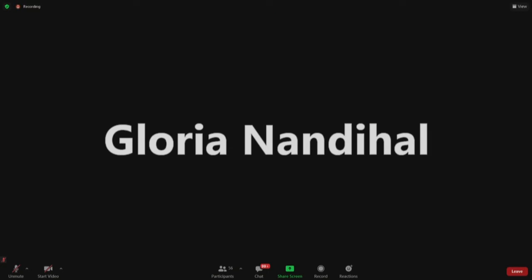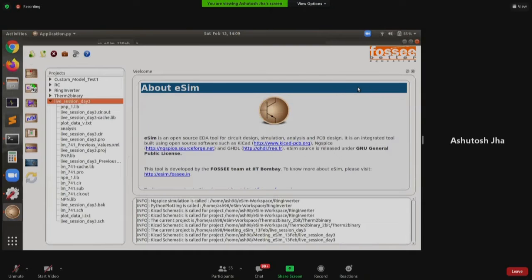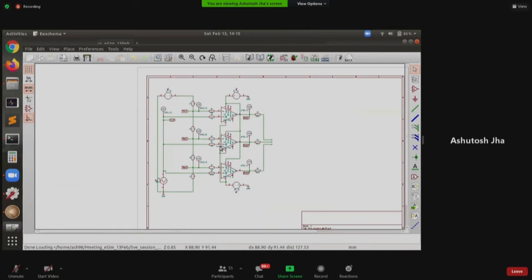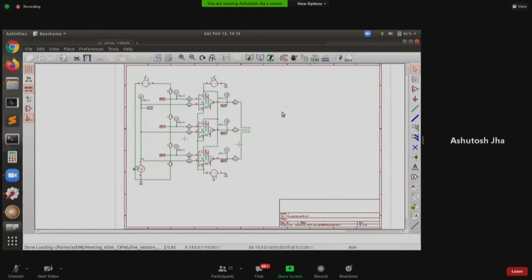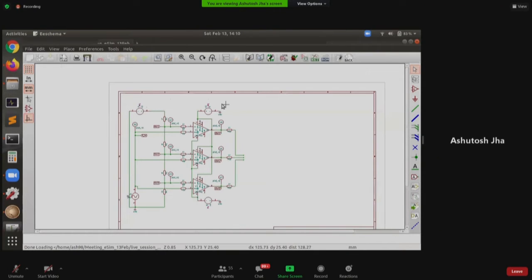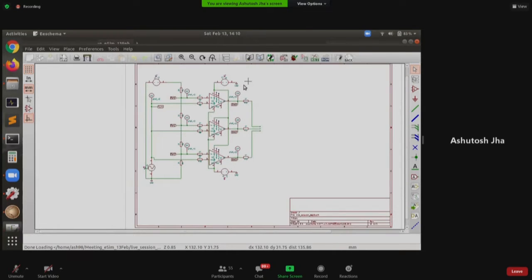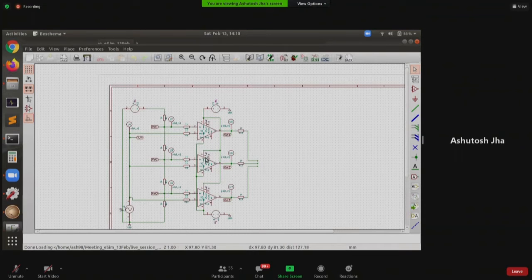Yeah, Ashutosh, you can start. Okay, so this circuit has already been uploaded by Saurav in the drive, so everybody can download it. I'll just show what it is and explain what this circuit does. Right now we will be simulating a thermometer to binary converter, basically an analog to digital converter. In the interest of time, we have already made the analog block for you, so you don't have to worry about making it. It'll reduce the time required. I'll just quickly explain this.